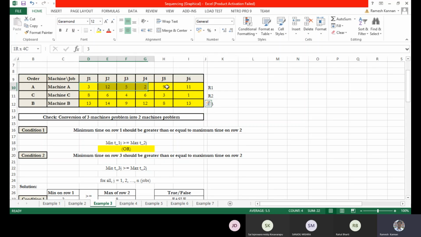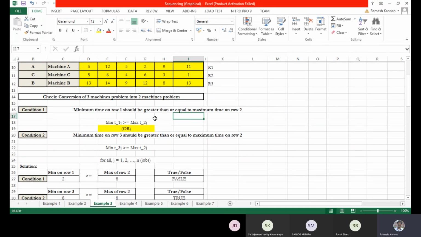So the minimum time of row 1 is compared to the maximum time of row 2, and in the next case, the minimum time of row 3 is compared with the maximum time of row 2. It should be greater than or equal to. If it doesn't satisfy this condition, then we cannot convert it into a 2 machine problem.